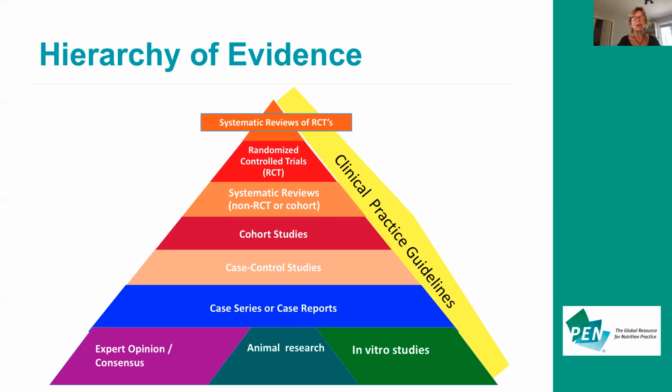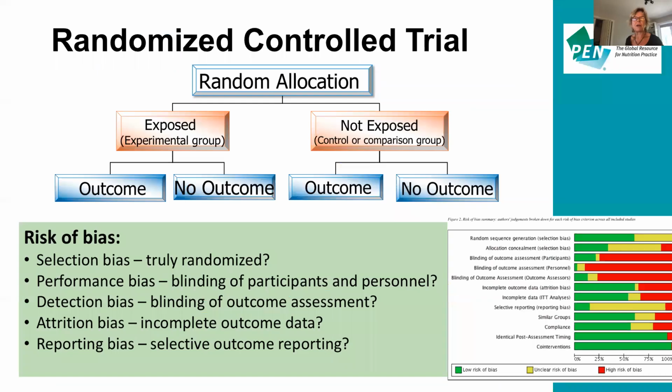Clinical practice guidelines are along the bar along the side. I mean, they can include any type of study designed to answer a question, hopefully the best available evidence to answer a question. Just a little bit more information on randomized controlled trials, RCTs, to remind us that although they are considered a strong quantitative research design because they're comparing two or more groups when the participants are assigned to these groups in a random fashion,